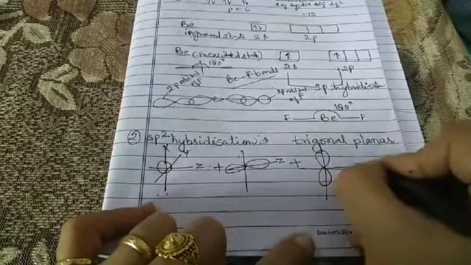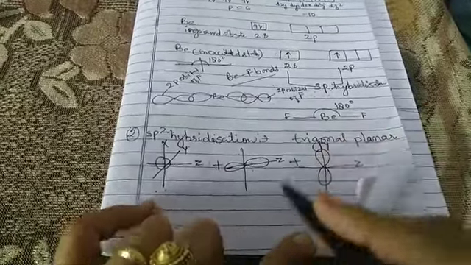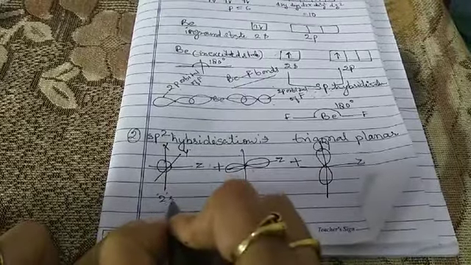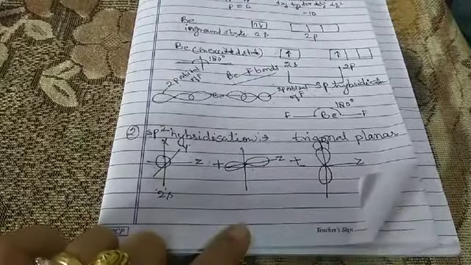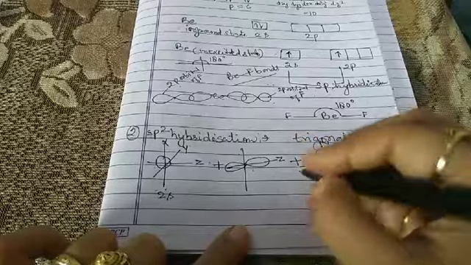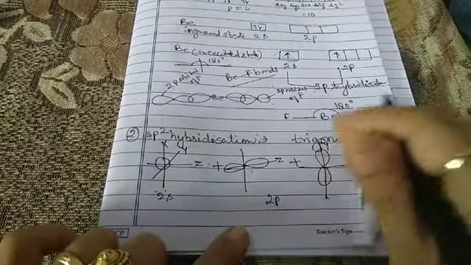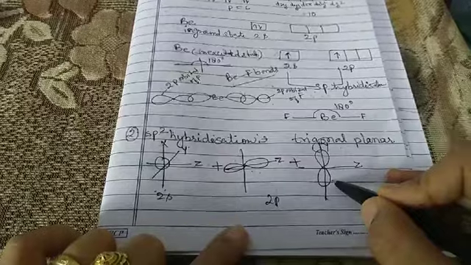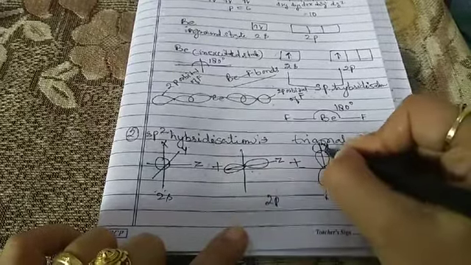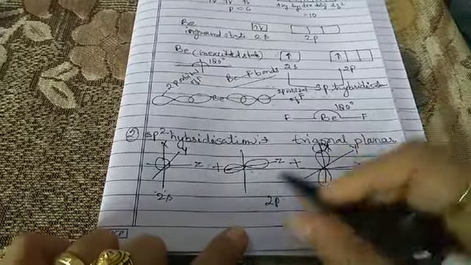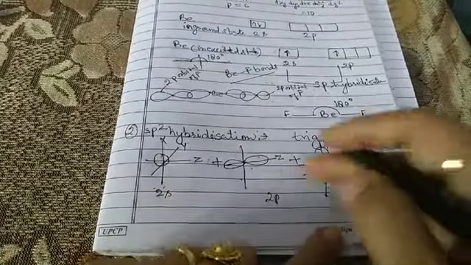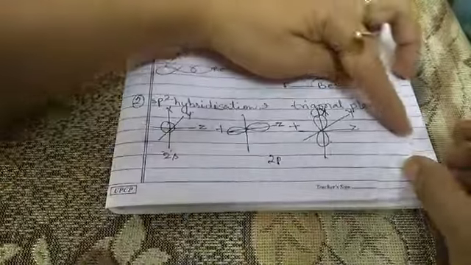This is the 2s, and these two are the p orbitals, pz and px. This is x. When pz and px intermix together,